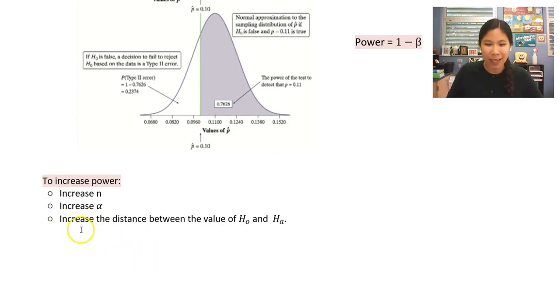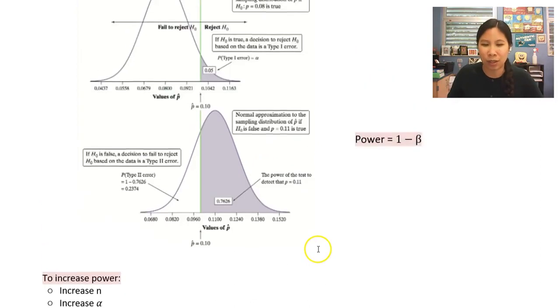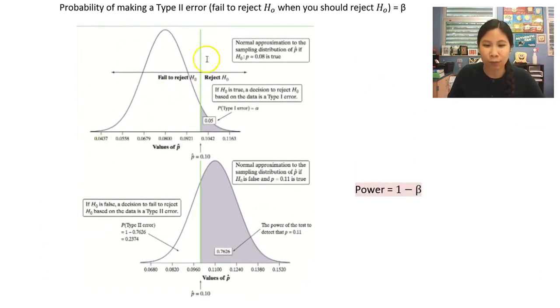Okay, and lastly, we can increase the distance between the value of H0 and HA. So this one's a little awkward because if you remember, this first normal curve was where we were assuming this number here in the middle was H0. And so when we move the HA number, whatever number we're assuming to be our alternative, the further away it gets from H0,